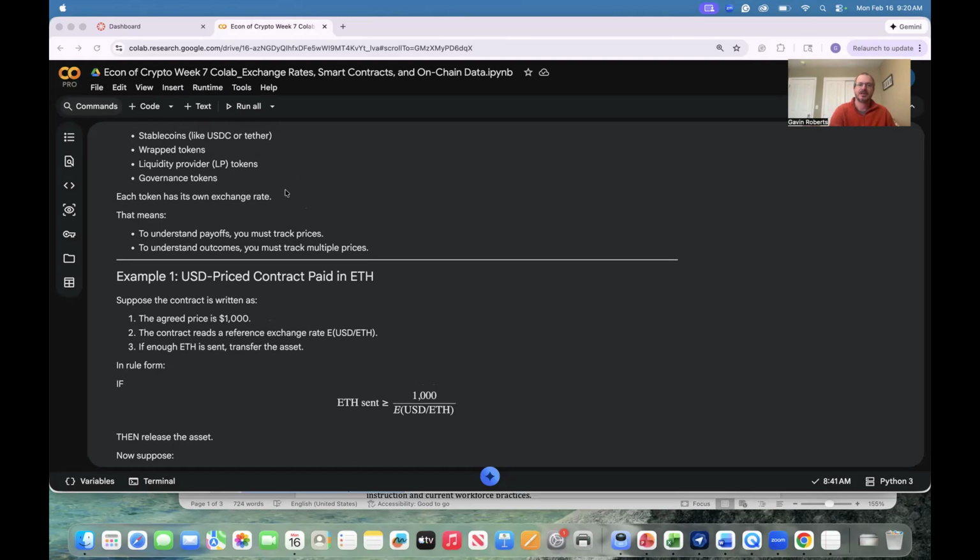Governance tokens are another type of token. So some blockchains might allow users to vote on changes to the rules of the blockchain. You'll be reading a lot about that in your reading this week, so-called forks. Now, those tokens might exist in smart contracts. So, for example, in order to be a voter on the Ethereum blockchain, you need so much value involved in the Ethereum blockchain. So if this user owns X amount of Ethereum, they get a governance token. That could be a smart contract.